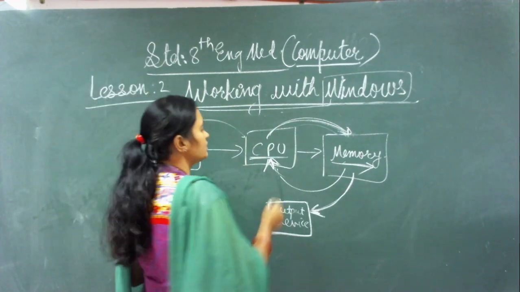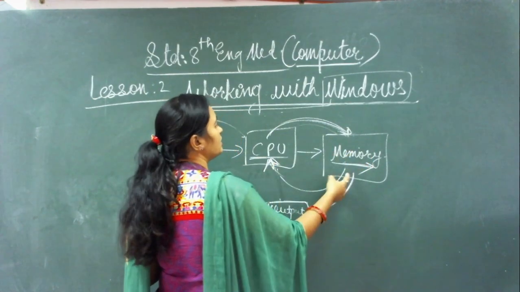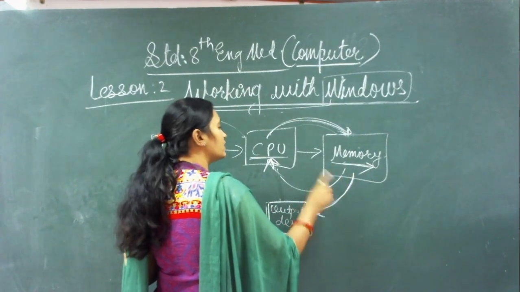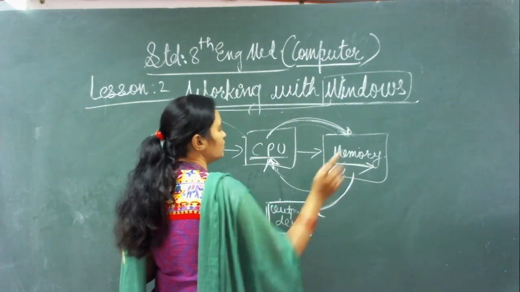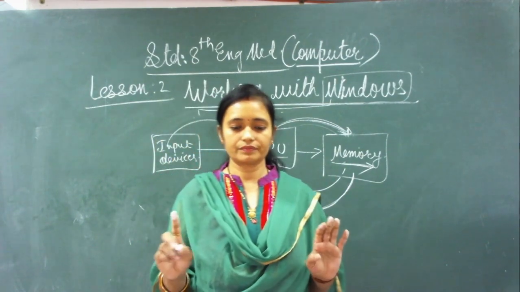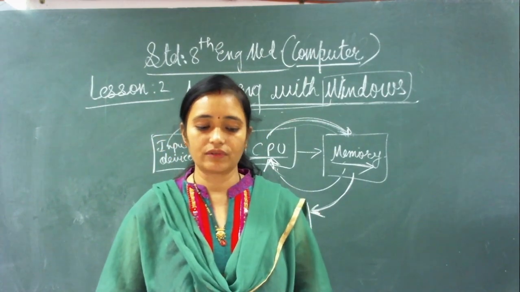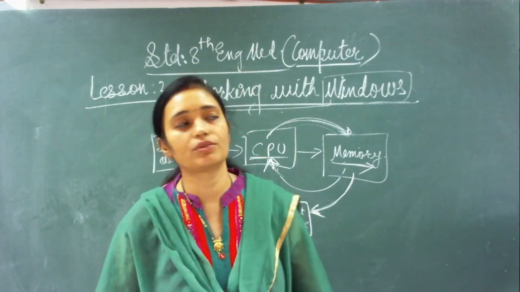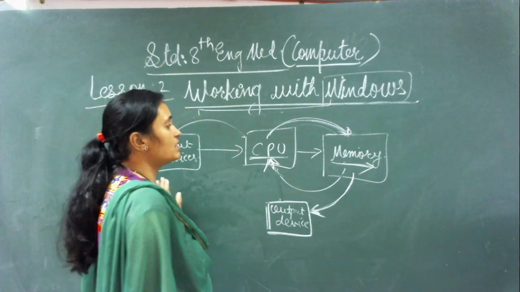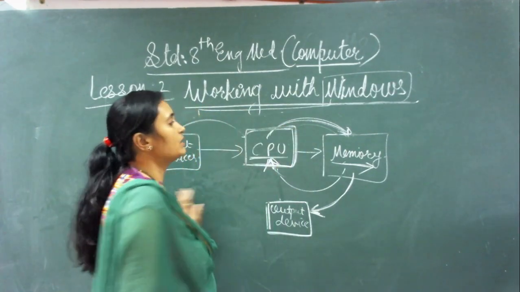Then this output goes to the memory part. The CPU will send the output to the memory for storage, and then gives instructions to the memory to display the output on the output device, right? Then the CPU controls the entire working of the computer. So in this way the CPU will work, and we can see the CPU controls all the working of the computer,